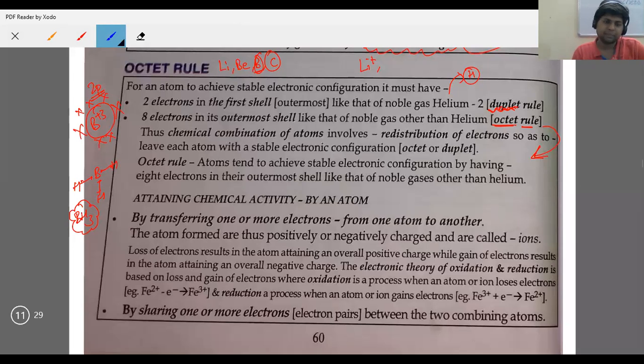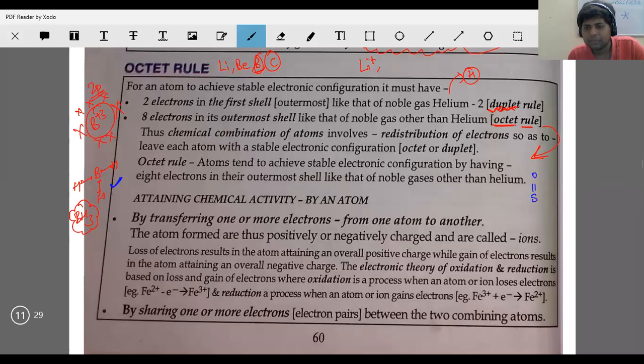Is it clear? Similarly, you'll find some atoms where the octet is expanded also. There are more than 8 electrons in the outermost shell. For example, sulfuric acid. Now, how many electrons are there surrounding this sulfur? 1, 2, 3, 4, 8 and 2 and 2, that is 12 electrons. Everyone can see this. So it is more than octet, but still such compounds exist. Sir, it is having 12, right?